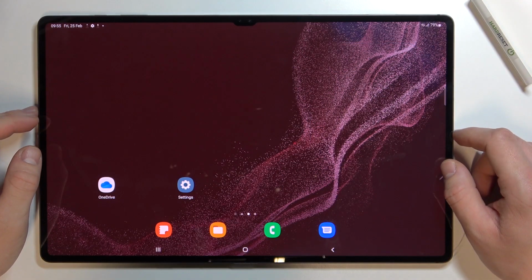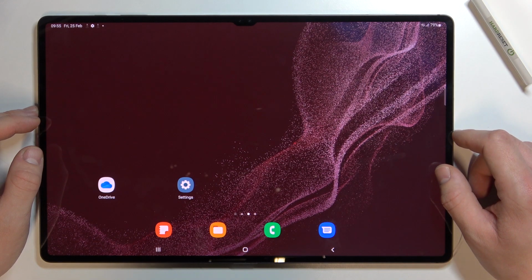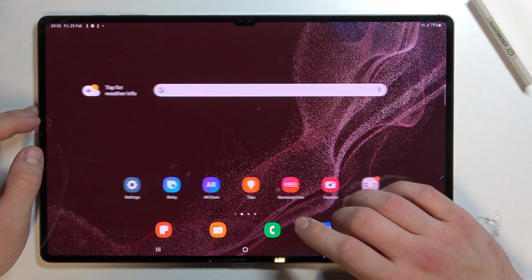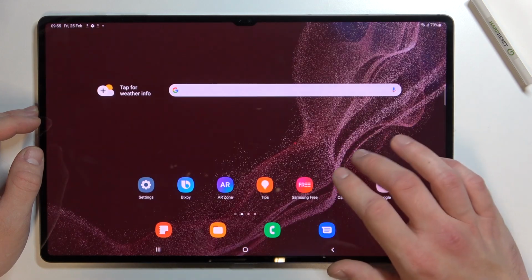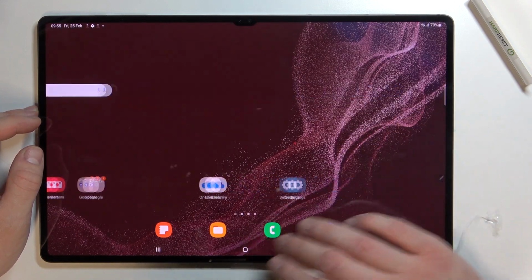Hello, in front of me I've got Samsung Galaxy Tab S8 Ultra. In this video I'll show you how to enable and disable app drawer. As you can see right now, the app drawer is enabled, and in order to disable it, tap and hold